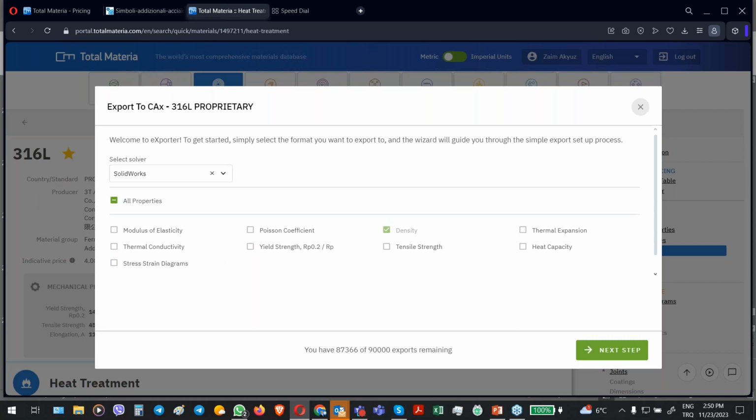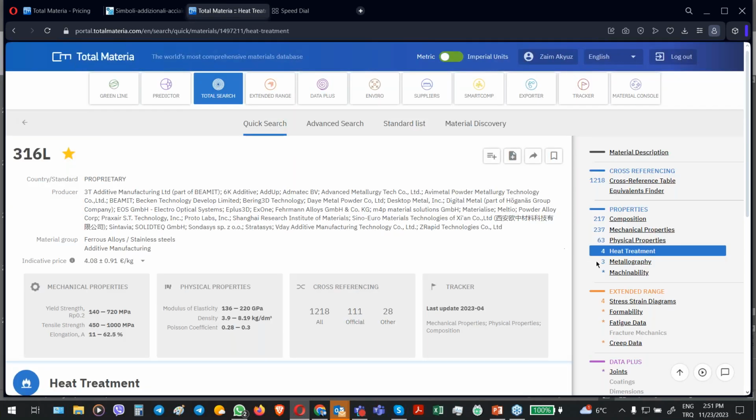If you want in SolidWorks, SolidWorks wants density as a default, so you cannot uncheck density because SolidWorks wants that density property inside the material card. It's a must, so we cannot uncheck. That's what I mean. You can easily read this material information with your simulation software,